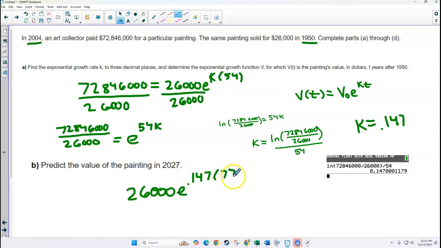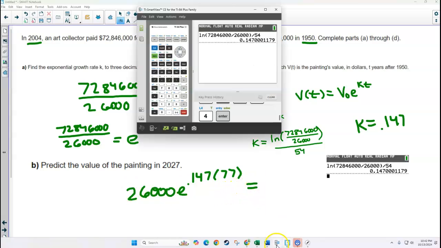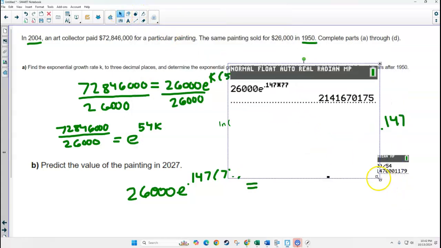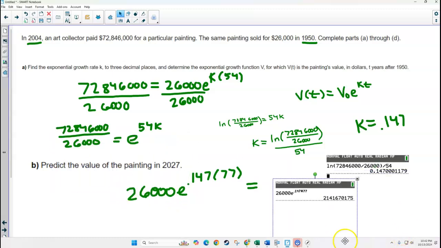So 77 years. And this will be the answer we need. So we'll take the 26,000, e to the 0.147 times 77. And they want us to round this number to the nearest million,